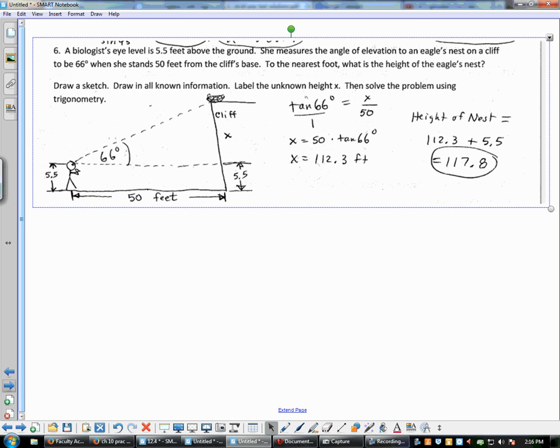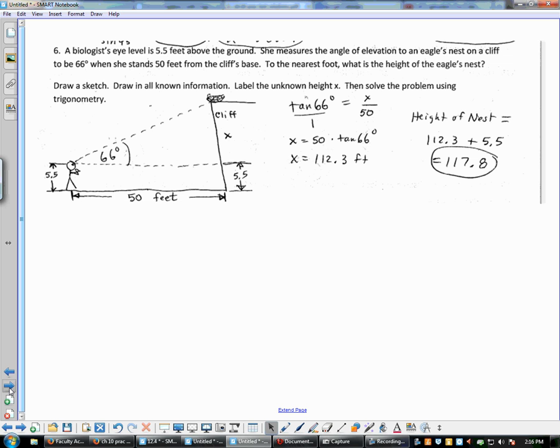A biologist's eye level is 5.5 feet above the ground. She measures the angle of elevation to an eagle's nest on a cliff to be 66 degrees when she stands 50 feet from the cliff's base. To the nearest foot, what is the height of the eagle's nest? Well, here's my sketch, and I am no artist, but here is the biologist standing right here, and her eye level is 5.5 feet above the ground, and